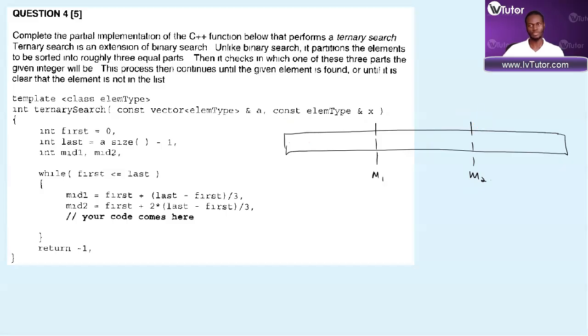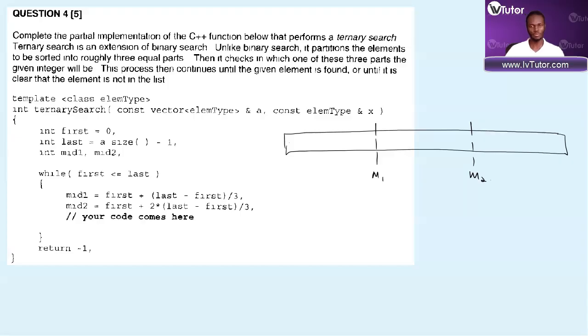So your first becomes here and your last, so this becomes your search list. If the item you're looking for is greater than midpoint 1, but less than midpoint 2, then you want to focus on this part, which means your first becomes midpoint 1 plus 1, somewhere here, and your last becomes midpoint 2 minus 1, which means it comes here. So this becomes your first, this becomes your last, and you focus on this part. So all you are doing in this case is choosing which portion or partition of this array you're going to focus on, and then shift your first or your last